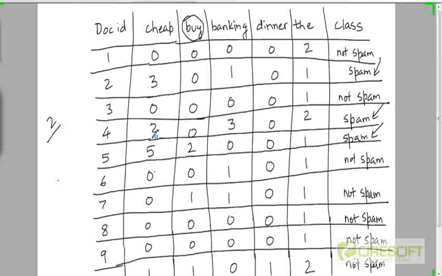And what's the total number of words that appear in the spam class? So there are 3 documents in the spam class. 12, sir. 20, sir. Okay, let's see. This document has 5 words. So 5 plus the 4th document, which is also in the spam class, has 7 words. And the 5th document has 8 words. So that's correct. So this is 2 divided by 20.